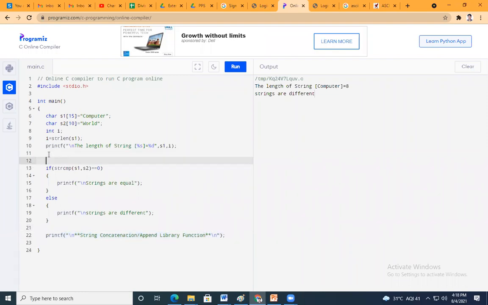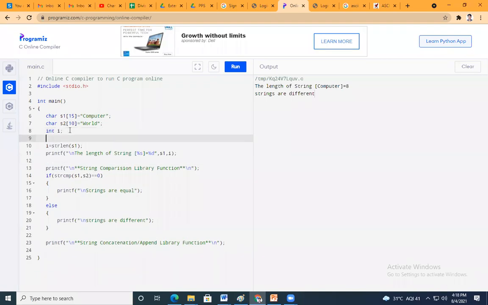Here we have done the comparison, string comparison library function. Okay, and here we have calculated the length, right? So I will write here string length library function. Okay, now here I'm going to concatenate.